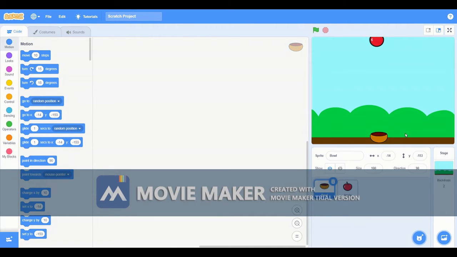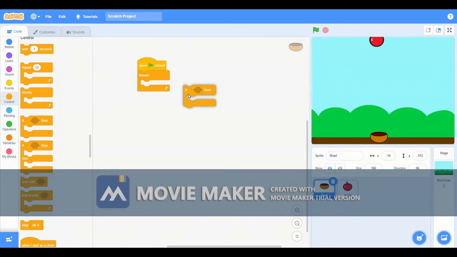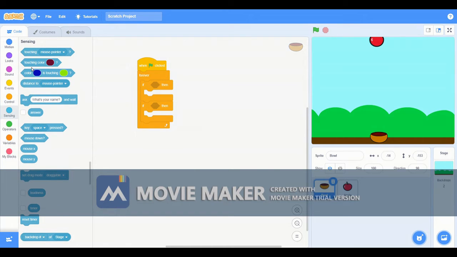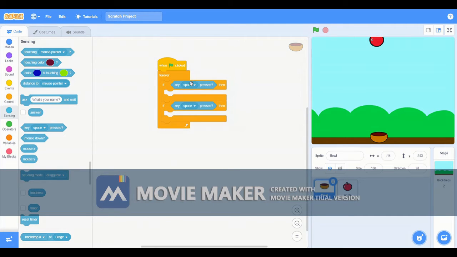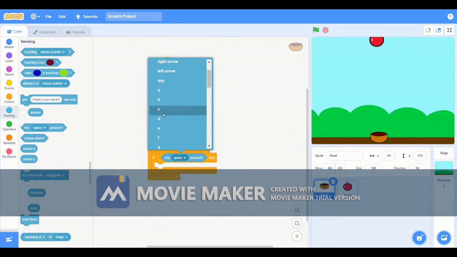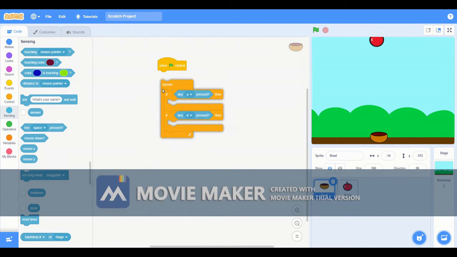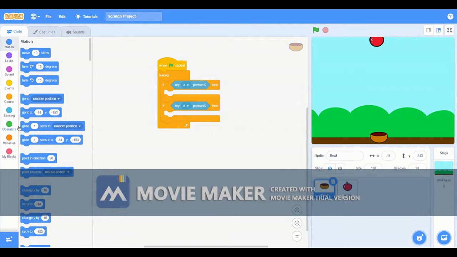So the bowl should go left and right, and only left and right. So let's add a when green flag is clicked, forever. If, let's make another if statement. And if a key is pressed, we'll change it. So one is going to be A, one is going to be D. You can also use the left and right arrows. I like to use the A and D key movements. So if that is pressed,